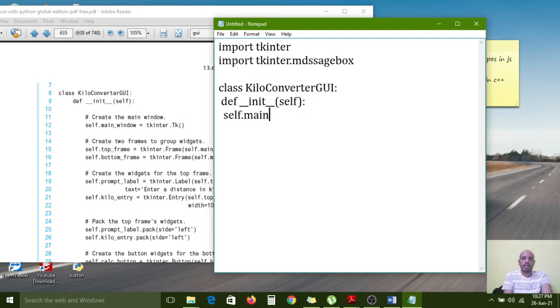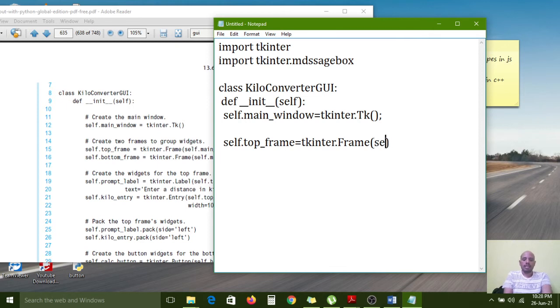self.main_window I want to create equal to tkinter.Tk; we need to call the Tk method. So here the main window object is created. Now I want to create two frames. self.top_frame, here we are using the tkinter.Frame method.